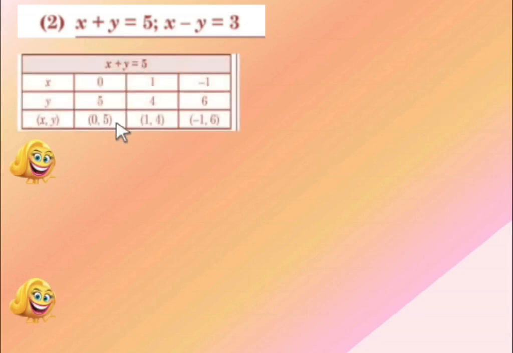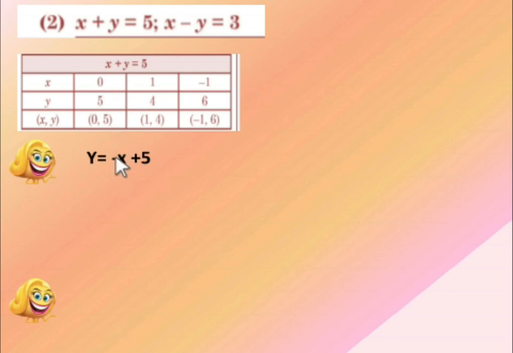Now, this is given to you. Question from your textbook. x plus y is equal to 5. x minus y is equal to 3. Now just check. In most of your books, the answer or the table is made in this manner, and you are supposed to write x plus y is equal to 5. But what I say, no, don't do it. Write it as y is equal to minus x plus 5. The moment you write it as minus x plus 5, things become very easy.